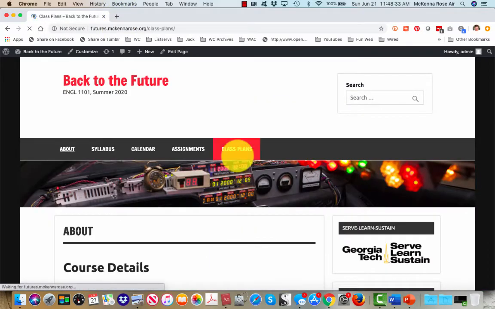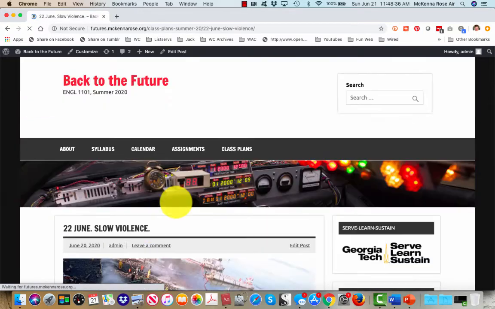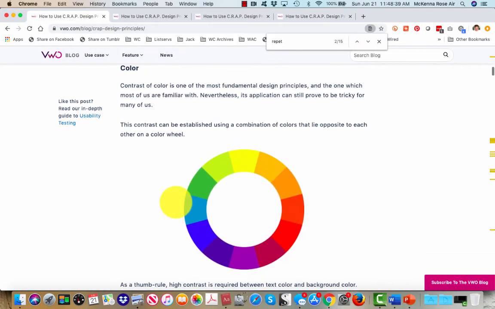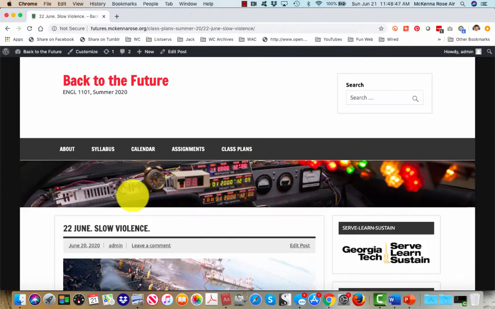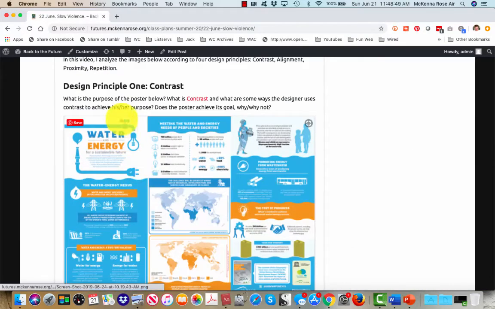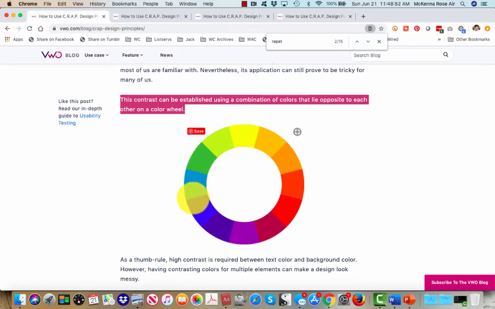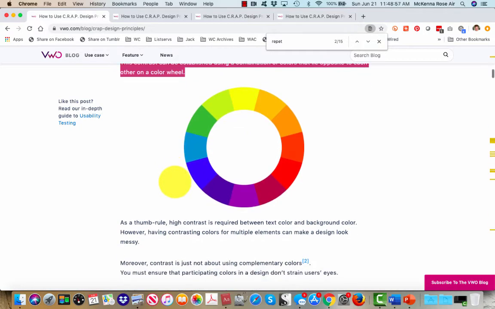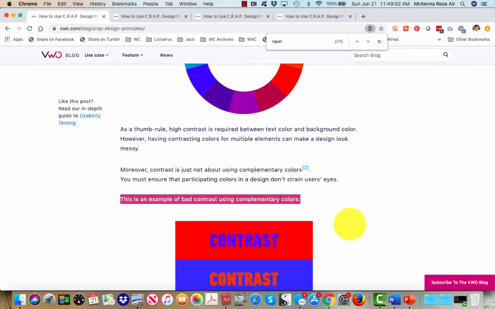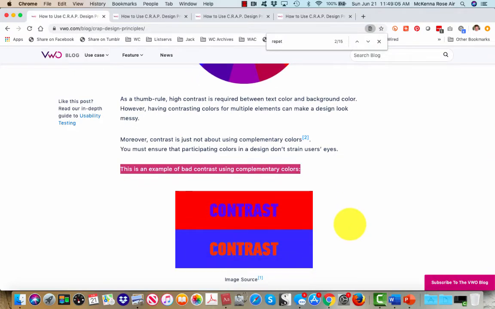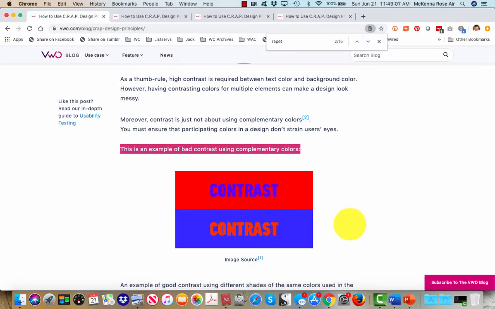one thing that we're thinking about first is most striking is color, right? And that's both most striking and then the easiest. So contrast can be established using a combination of colors, typically that lie opposite on the color wheel. So if we go back to our example poster, we'll see that this blue and this orange are nicely juxtaposed across from one another on the color wheel, just because complementary colors provide contrast